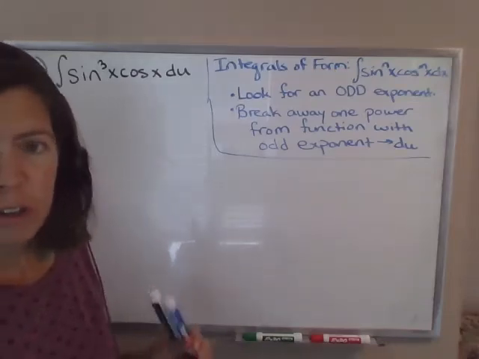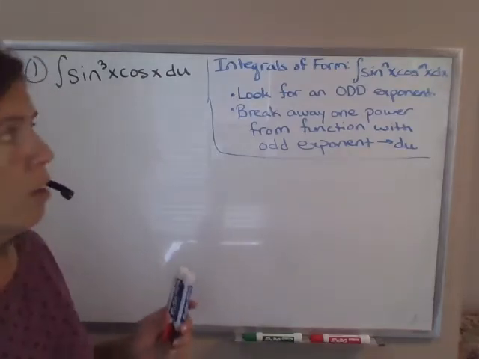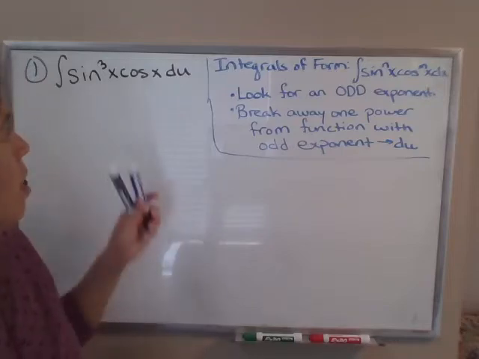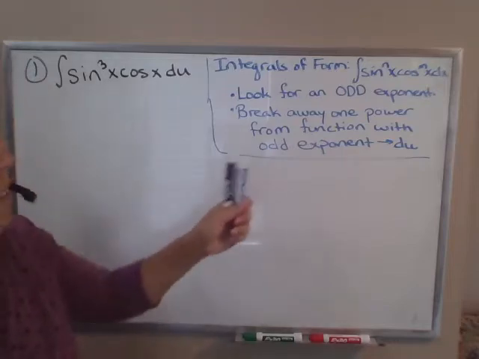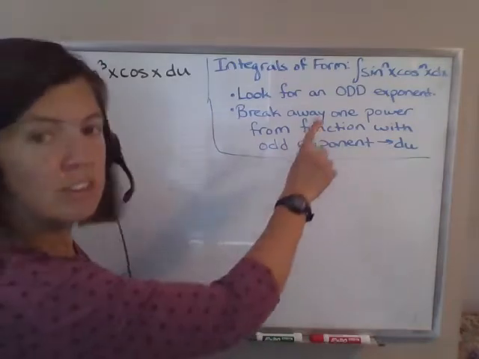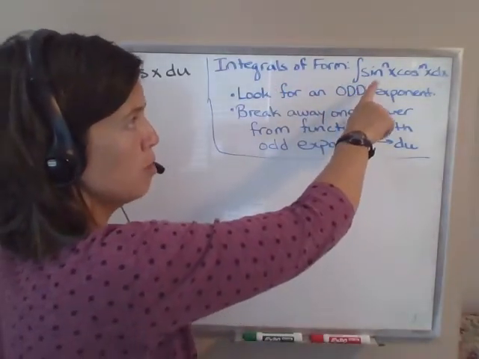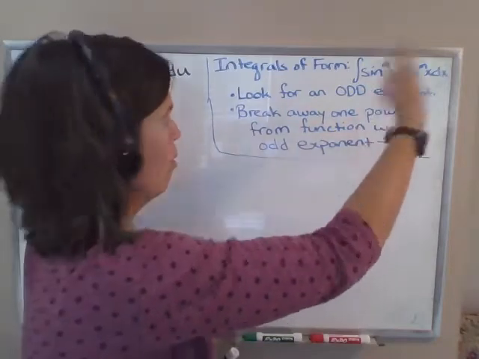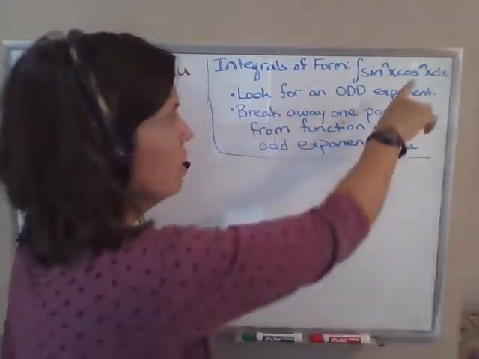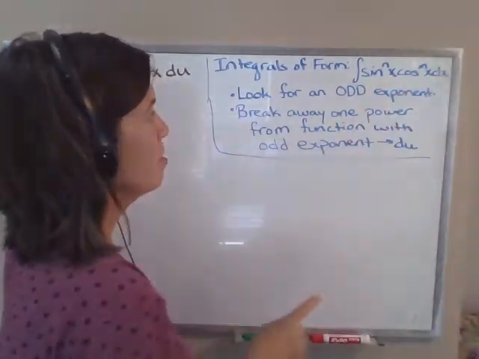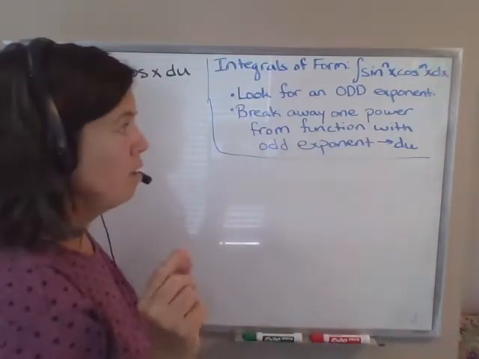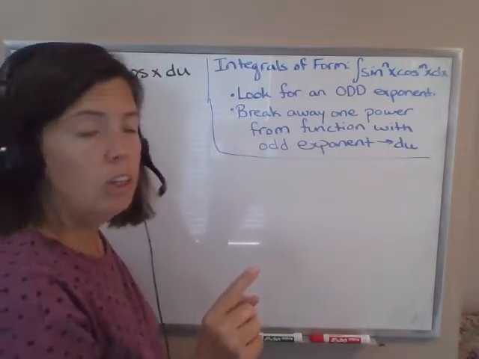All right, so now I want to start looking at some examples where we're integrating a power of sine times a power of cosine. And so I've got some general advice here first. When you're evaluating integrals of the form some power of sine of x, or sine of 5x or whatever it is, times some power of cosine of x dx, then the first approach to consider is to look for